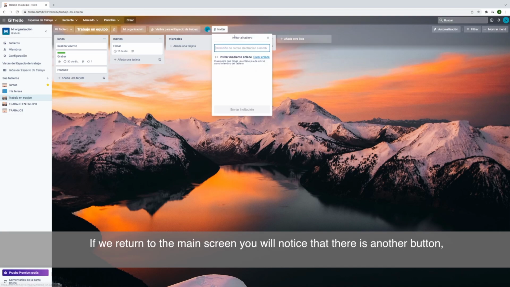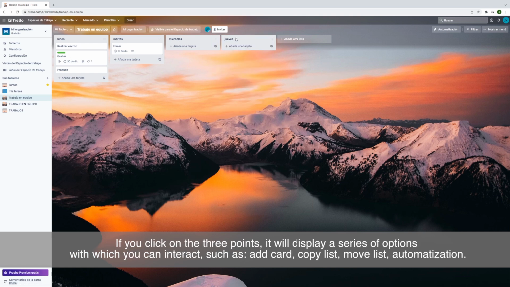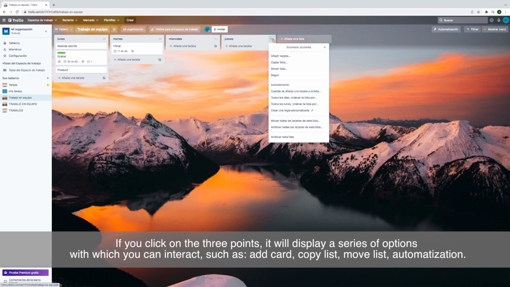If we return to the main screen, you will notice that there is another button, which will also indicate a space to add an email from collaborators. If you click on the 3 points, it will display a series of options with which you can interact, such as add card, copy list, move list,